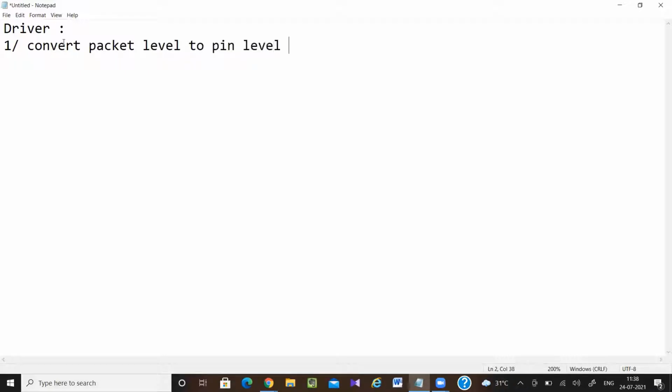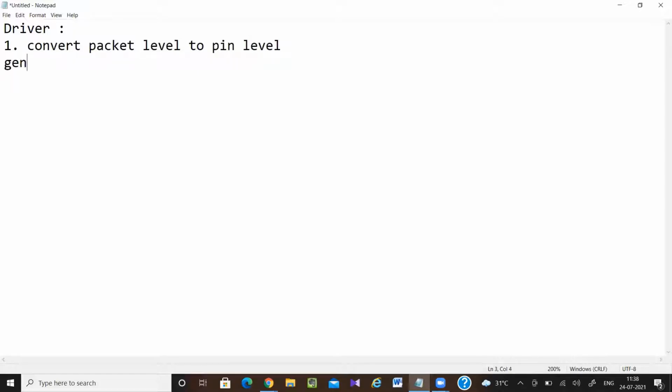Port for a monitor. Okay, so first let's go to the driver part. What is the work of the driver? First part, it will convert packet level to pin level. Packet level to pin level means, in the generator, whatever data we are generating is in